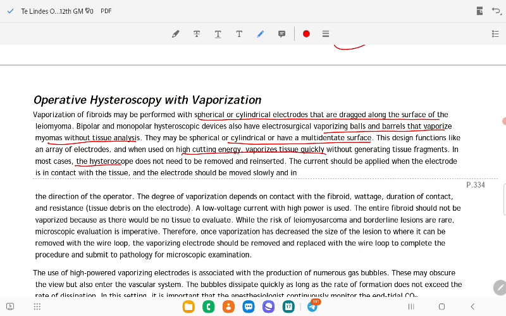In most cases, the hysteroscope doesn't need to be removed. Instead, the current should be applied when the electrode is in contact with the tissue. The electrode should be moved slowly. The degree of vaporization depends on the contact with the fibroid, voltage, duration, contact, and resistance. Low voltage current with high power, the interpolation should be